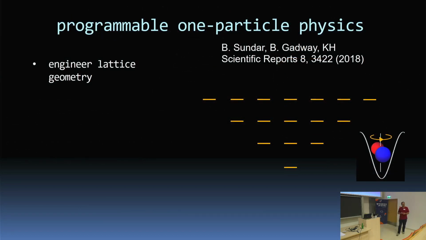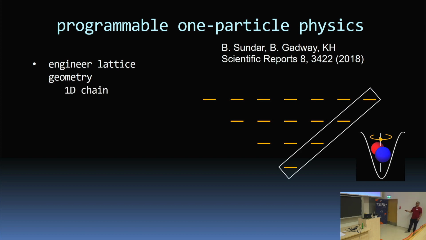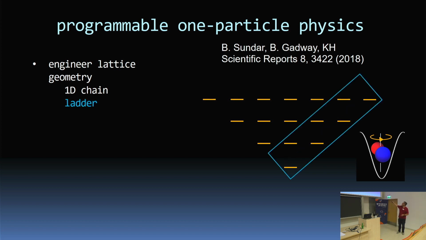Here's a slightly more realistic depiction of a molecule as a rigid rotor. We have angular momentum horizontally, energy vertically. It looks like the energies are equally spaced, but of course in reality they're not. We can do all kinds of couplings here. If I pick out the states along this bottom left to upper right diagonal, I can couple the nearest neighbors, and this looks like a one-dimensional chain. But I could also pick a set of states that has 2 one-dimensional chains right next to each other, something like this box, and now I've made a ladder system, right? So I have 2 chains, and I can move vertically or horizontally between the legs of that ladder.